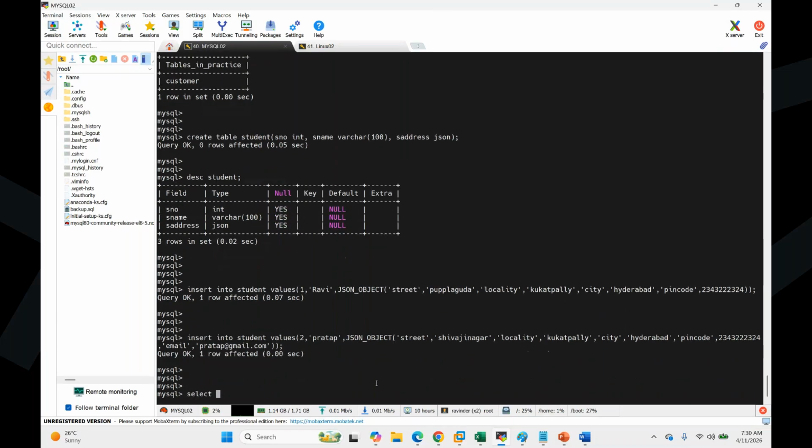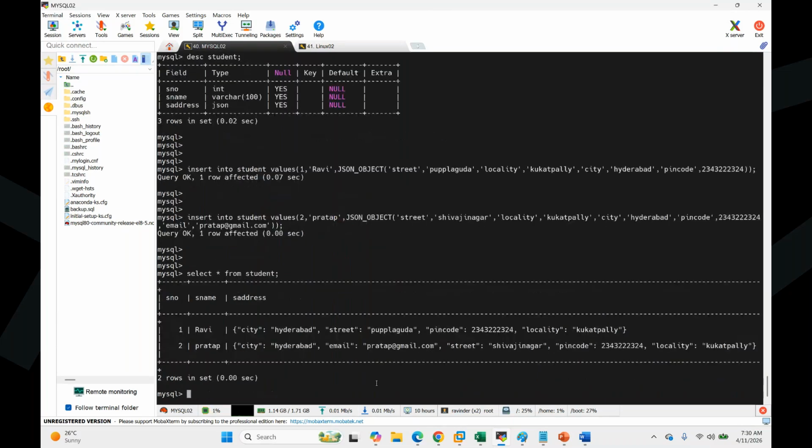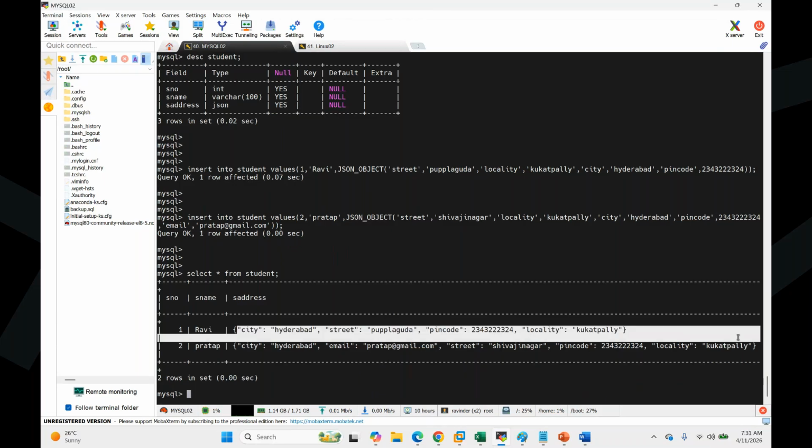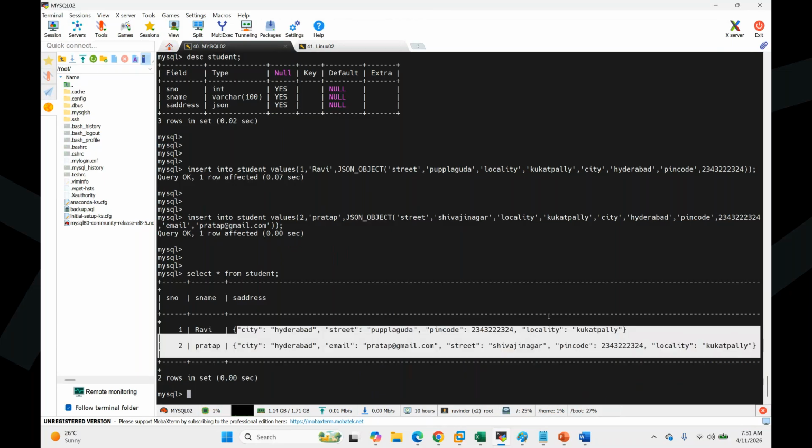Now if I go and read the data, how does it look? It is RDBMS, but the data looks like this. The first and second fields are in RDBMS format, but the third field is not RDBMS. This is a NoSQL format, in fact, out of RDBMS format. MySQL natively supports both RDBMS data format and NoSQL data format.